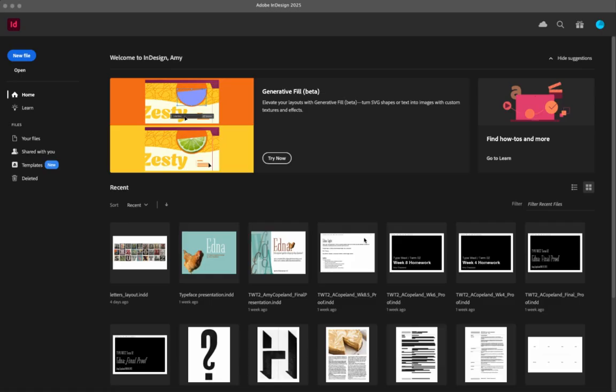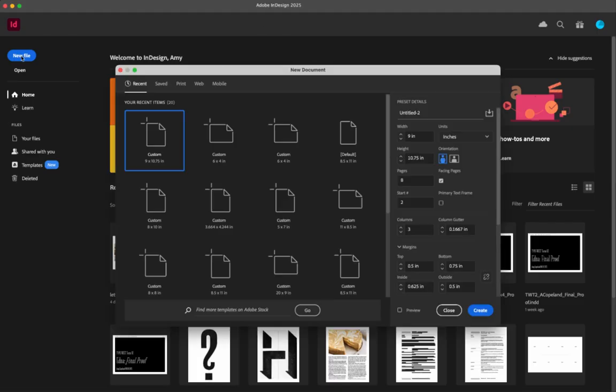across a layout. My first video showed you about the different column grids. I'm going to go over that a little bit here as well. So I'm just going to make a new file, and you guys should already have your page size, obviously you know what that is. This kind of already